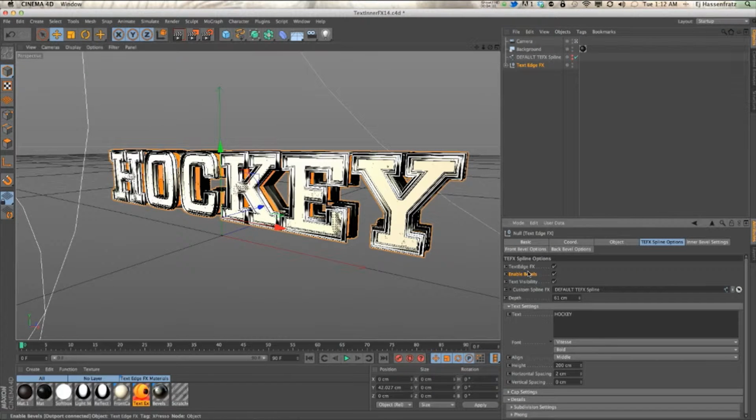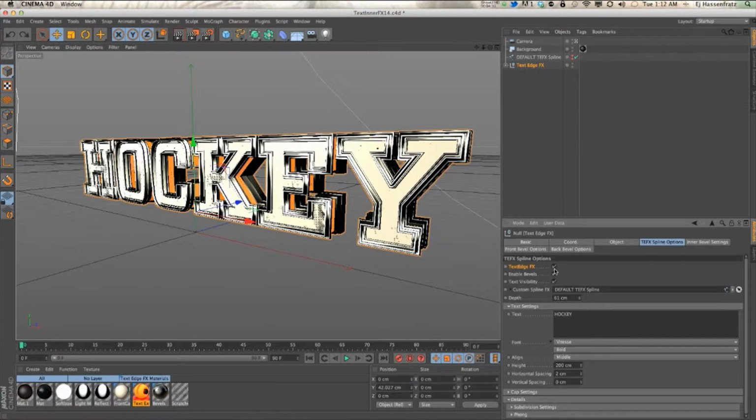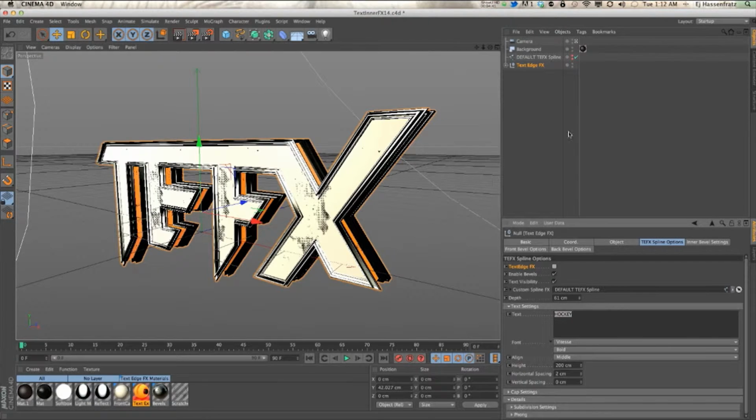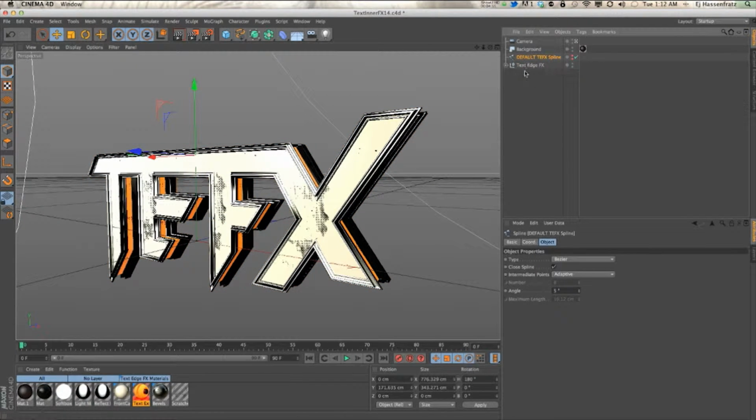We have this new option called Text Edge Effects, right? And normally, with that turned on, it just automatically enables the text settings. If we turn that off, and go to custom spline effects, when you turn the Text Edge Effects option off, you can now use your own custom logo and put that bevel that you developed on your own